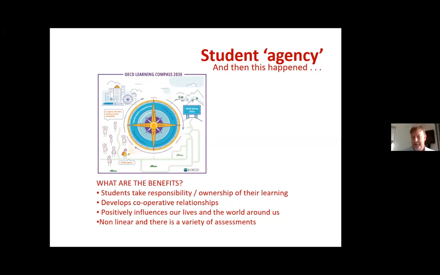And the reason I wanted to show the video that I had there at the front is that that was a key message that was coming out from the British Council back in the 1940s, 50s, where school children were expected to learn how to be positive and useful members of society when they finish their education. The big shift, of course, with the Skola 2030 program is that learning is non-linear, and there's also going to be a variety of assessment methods and options open to students. We see how that shapes up going forward.